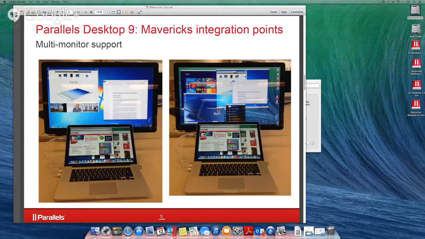And here you see 2 examples. On the left, I have Windows in full screen on a second monitor. And on the right, I actually have 2 versions of Windows running, Windows 8 and Windows 7. Actually, I think I have 3, and Windows XP, all running at the same time in their own little windows